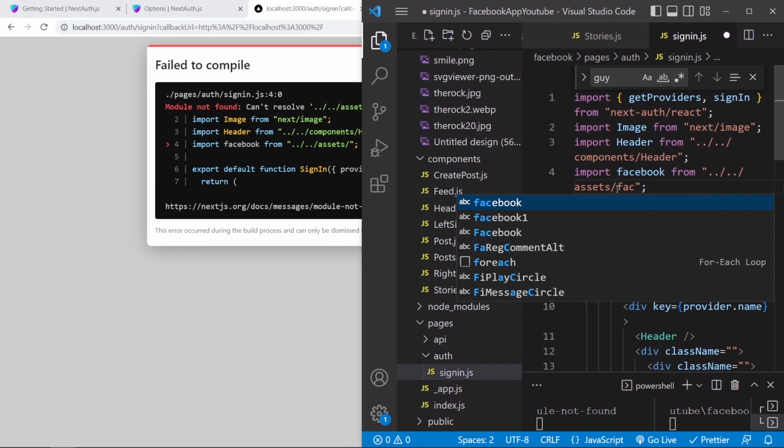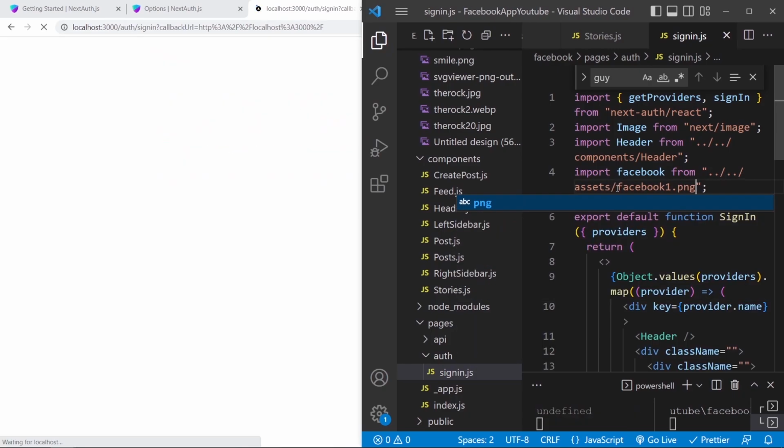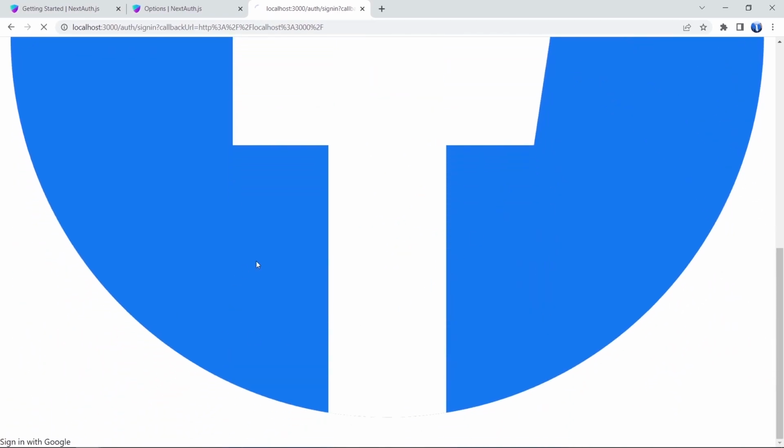I'm just adding facebook1.png and save. Okay, nice. Now if we click on Google,